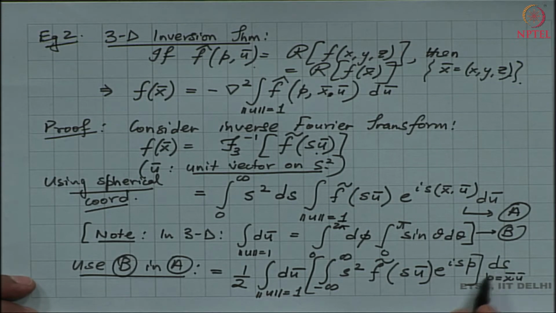Okay. So, then notice that the interior integral, this s squared times the Fourier transform, is nothing but the second derivative of the Fourier transform. We all know that the nth derivative of the Fourier transform brings in a factor of s to the power n. So, which means that if we have an s squared sitting in front of the Fourier transform, then this must be the transform of the second derivative of f.